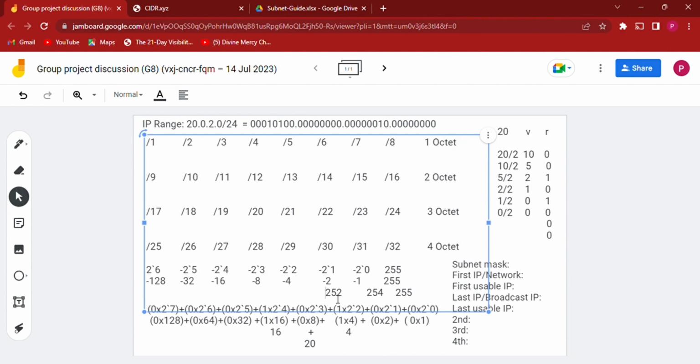Like that. So 252 now. 252 minus 4 will give you 248. 248 minus 8, 240. 240 minus 16, 224. 224 minus 32,